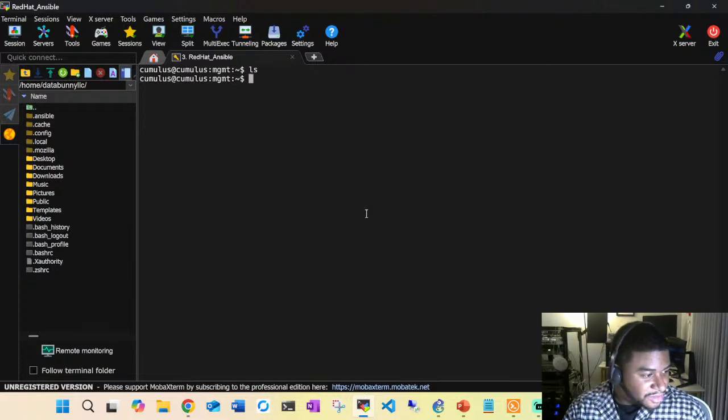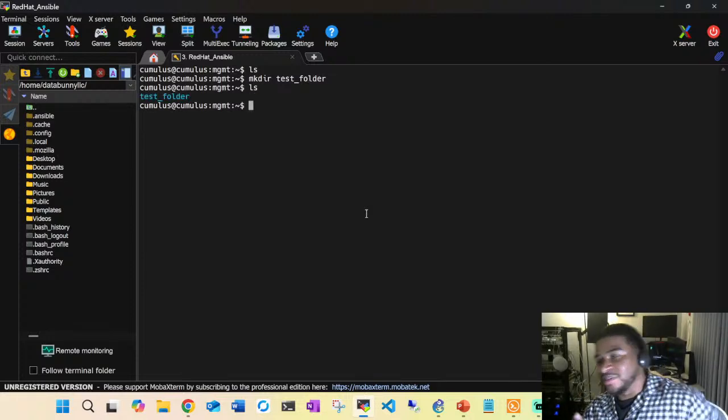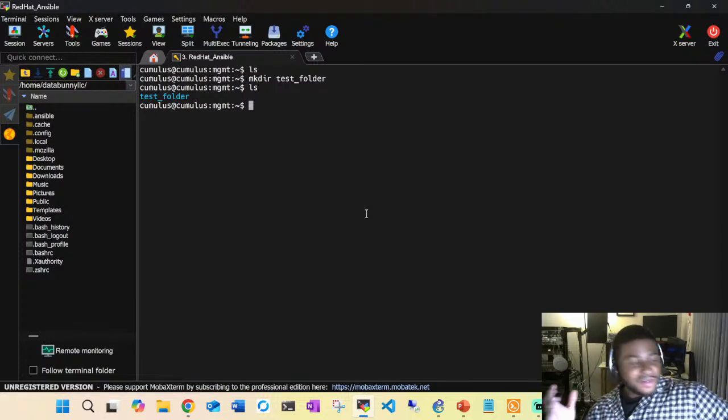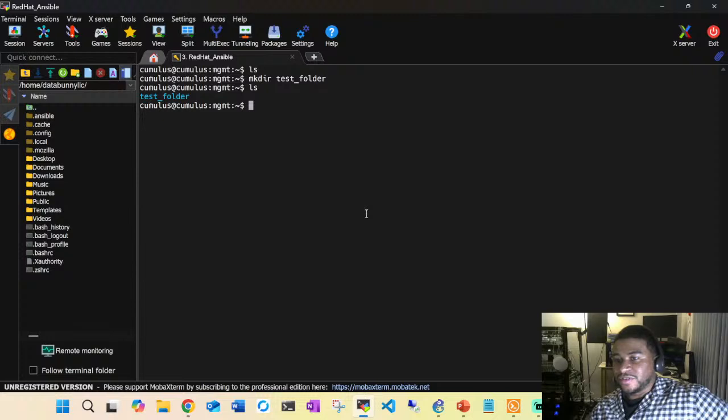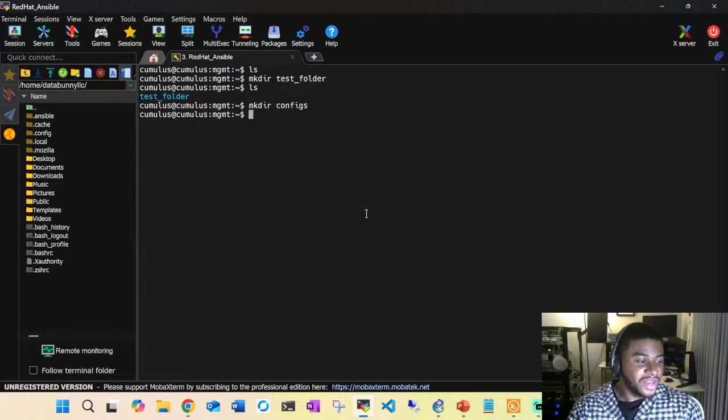But this is what I wanted to show y'all. Make directory test folder. Look at that. So in the switch, we can literally create a folder. Let's say we want to create a folder and call it configuration files, right? So let's say we want to do, let's do make directory configs, and then in it we want to do